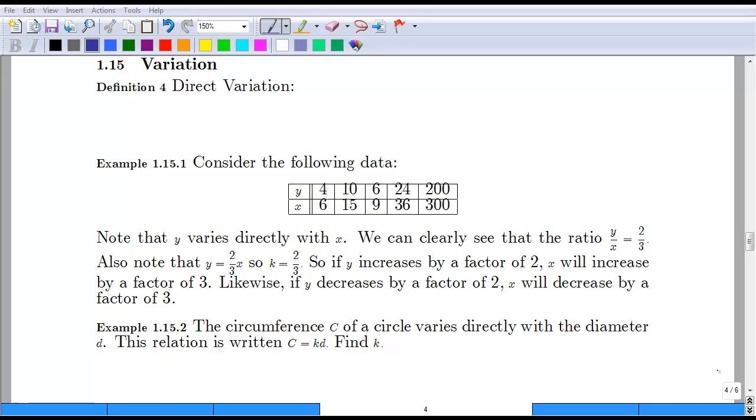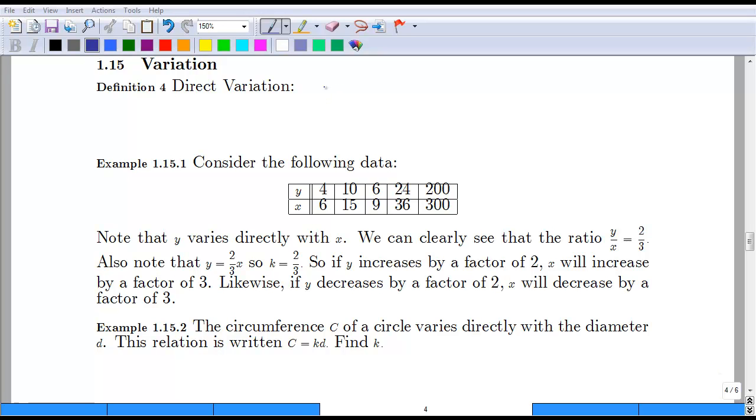Section 115 discusses variation, and there are three types of variation that we'll discuss. Therefore, we will have 3 videos for this section. The first type of variation that we'll discuss is the easiest, and this resembles the proportion that we talked about